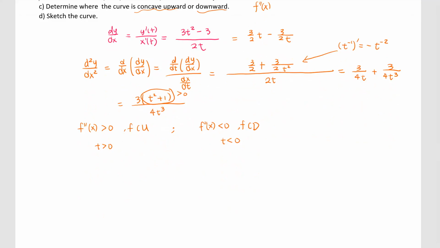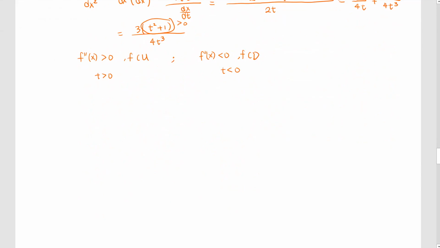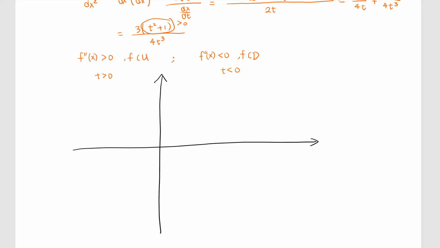So part D, how do we sketch the curve? We take all the information from part A to part C together. We pass through 3, 0, and from part B, we know it passed through 0, 0, and it passed through 1, negative 2. So this is 1, this is negative 2, and it also passed through 1 and 2. At 3, 0, we have 2